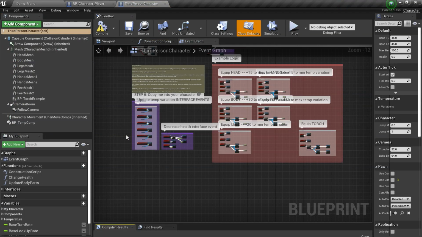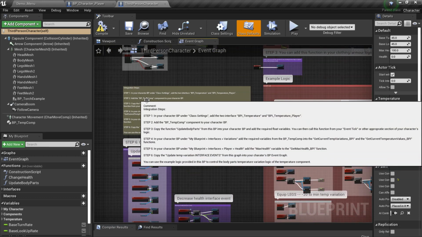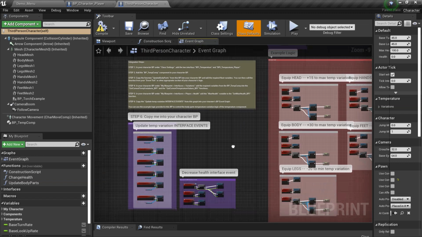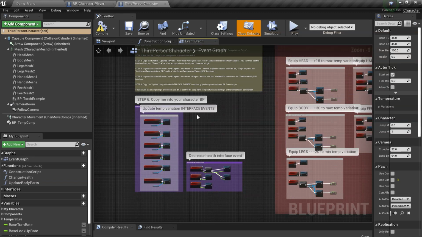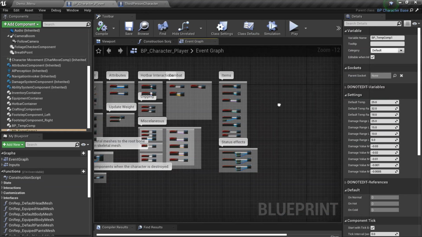Okay, so now that we're in here, you can see there's a step-by-step integration method here, but that's because we're doing ESRPG, there's a few different steps, so don't worry about that. We'll just go with what's in the video here. What we want to do is grab all of these update temp variation interface events and copy them over to the character player BP. So we'll copy them, pop them straight into the event graph here,